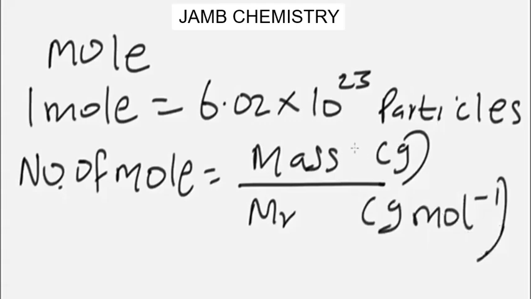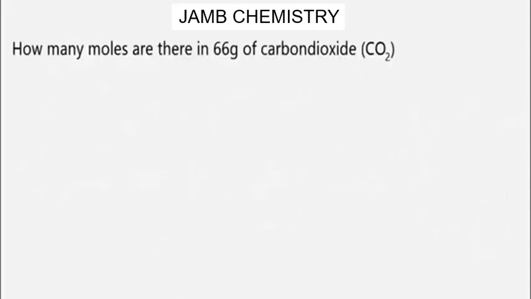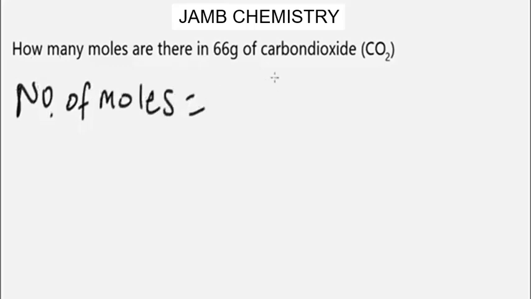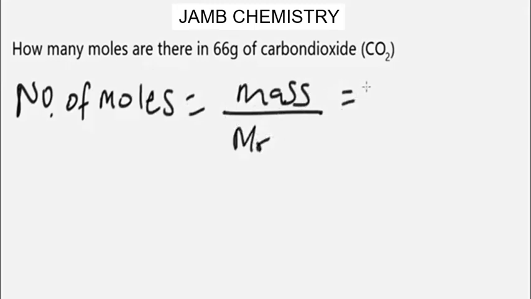Now, having known this formula, let's look at a basic question on this. We're going to apply this formula. Look at this question. It says, how many moles are there in 66 grams of carbon dioxide? To calculate this, we apply the formula: number of moles equals mass of the substance over relative formula mass of the substance, or molar mass of the substance. We have the mass to be 66 grams over